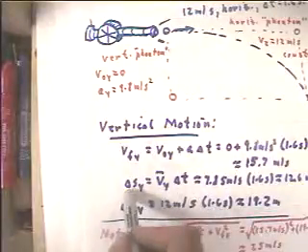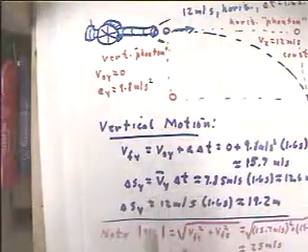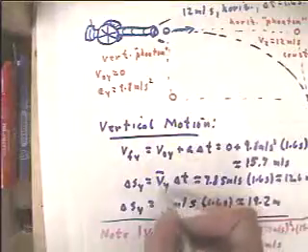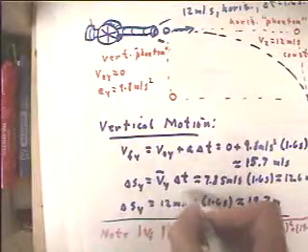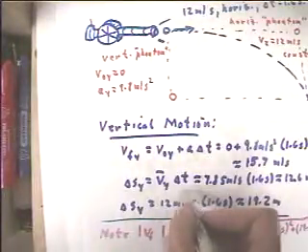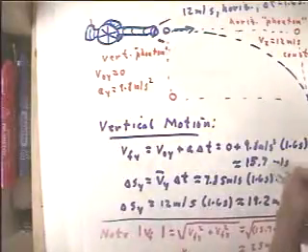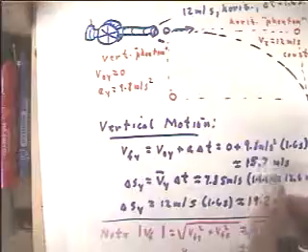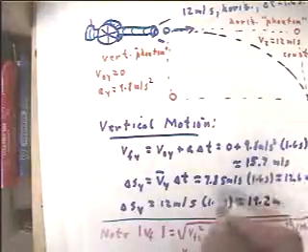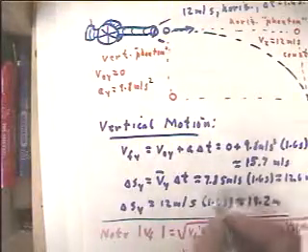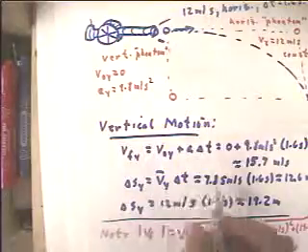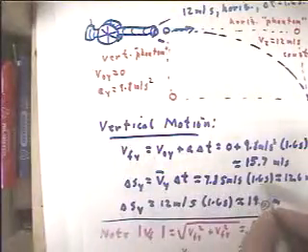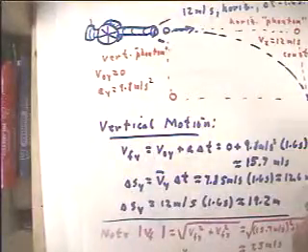The y displacement will be the product of the average y velocity times the time interval. If the final velocity is 15.7 meters per second and the initial is 0, averaging those two velocities will give us 7.85 meters per second, the average y velocity, which then multiplied by 1.6 seconds gives us the 12.6 meter